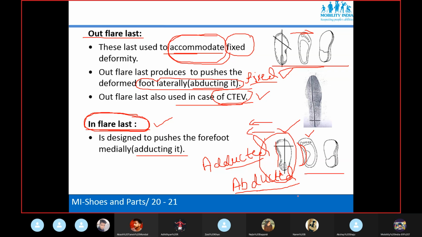Normal foot, sir. Normal foot. No, say here the question: if our foot is abducted and flexible.